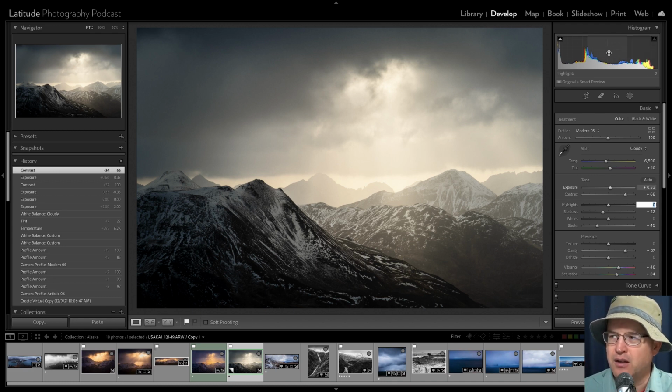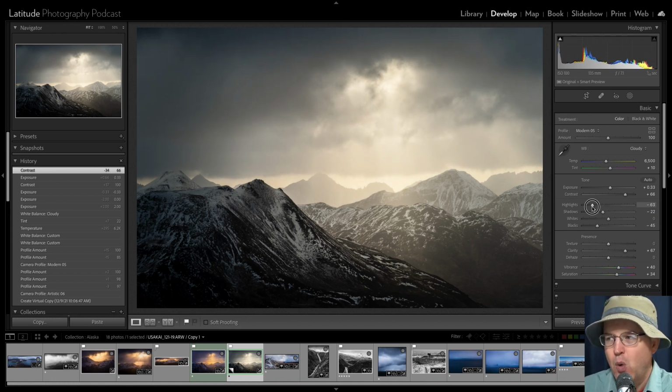And just like this one with exposure, it focuses its attention in that area. It will certainly push things and pull things from the other regions in that histogram, but that's where it focuses its attention. And then with the highlights, we're taking a look and saying, hey, we're going to bump up those highlights, not the super bright ones, but we're going to bump them up or we're going to pull them